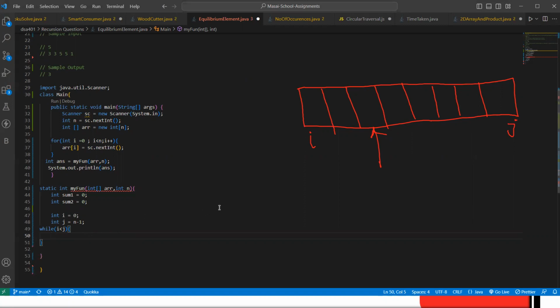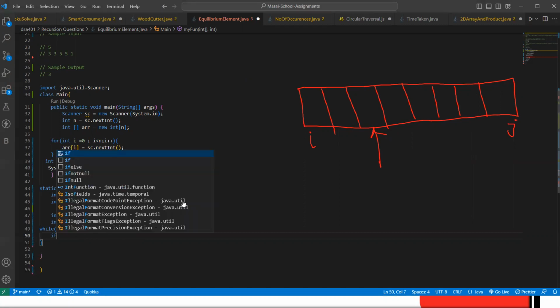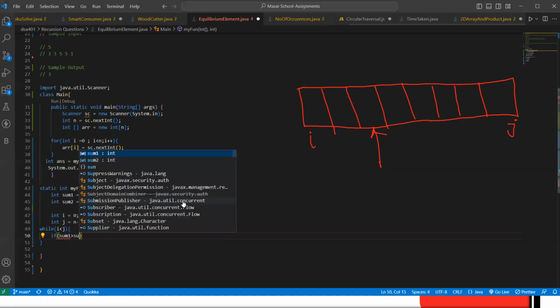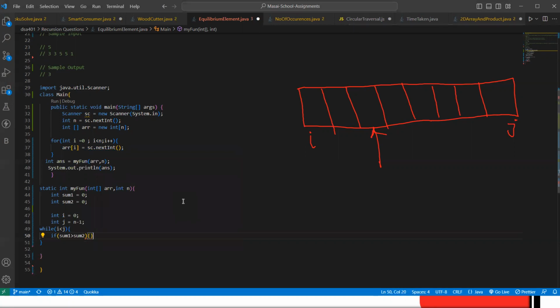After that, we are doing some operations, like creating one if condition. If our sum1 is greater than sum2, like our left sum is greater than the right sum, then what we can do here?